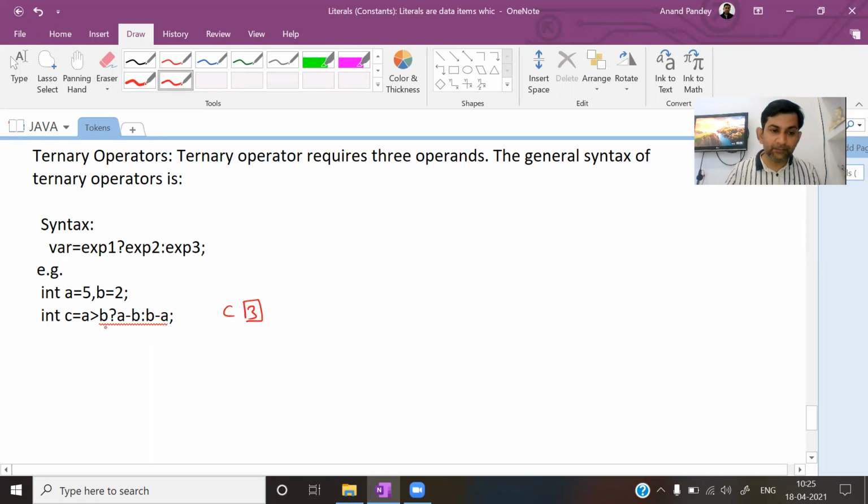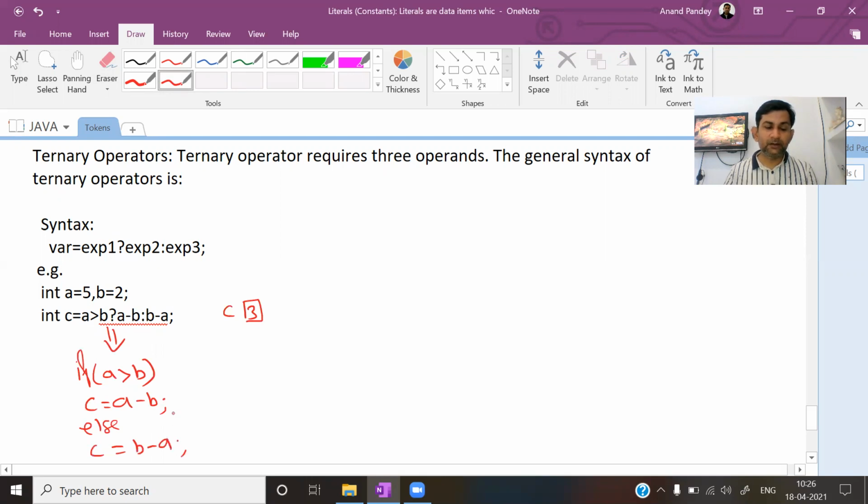And if you know something about if else, this is equivalent to, I will discuss it later when I teach the if else statement. This is equivalent to if A is greater than B, then C equal to A minus B, else C equal to B minus A. So this is equivalent to if else. I am not going to discuss in detail because I have not taught the if else statement yet. But if you know the if else statement, you can understand this ternary operator is an alternative to the if else statement. Okay, instead of the if else statement, the ternary operator can be used. Okay, so this is all about the ternary operator.